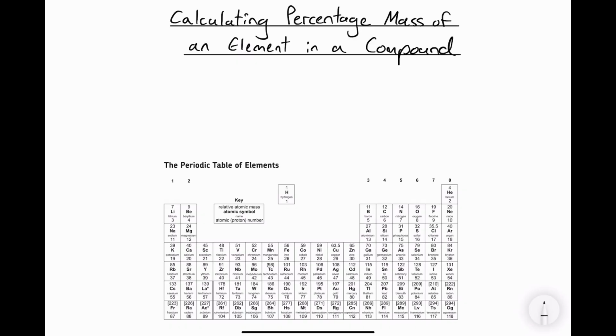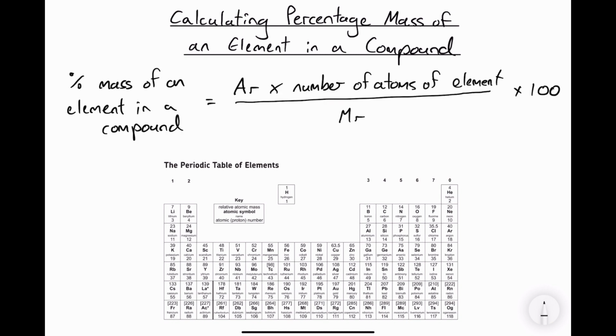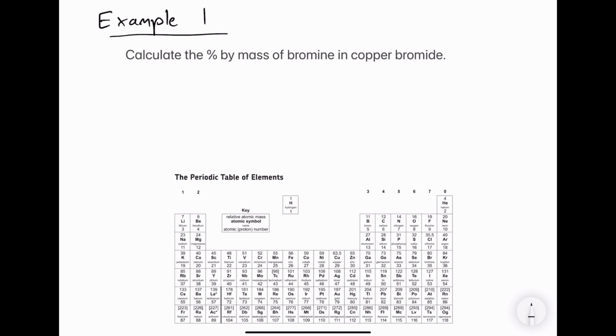In this video, we're going to look at calculating the percentage mass of an element in a compound. To do this, you're going to need the following equation. Our first example is to calculate the percentage by mass of bromine in copper bromide, and we need a few